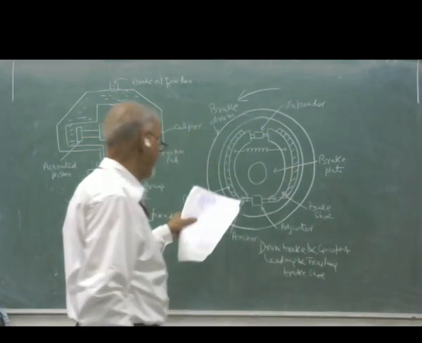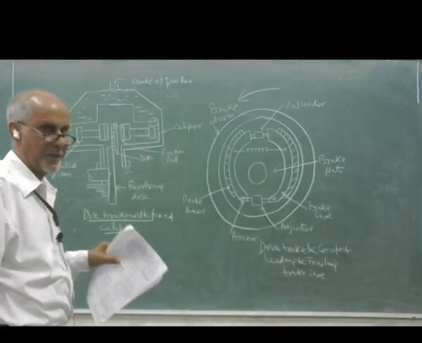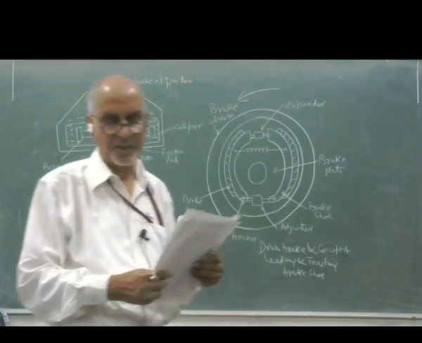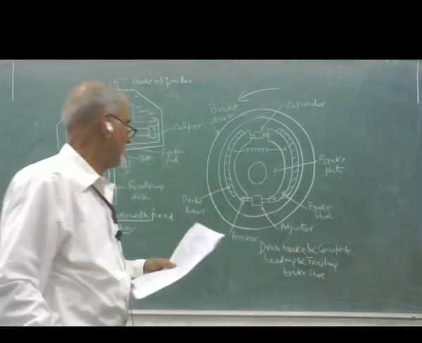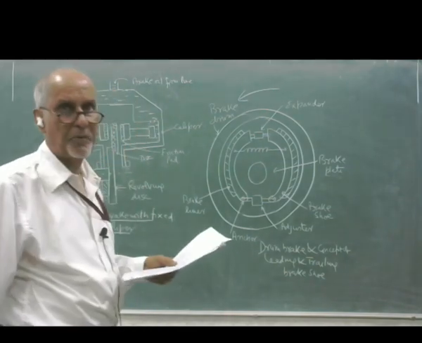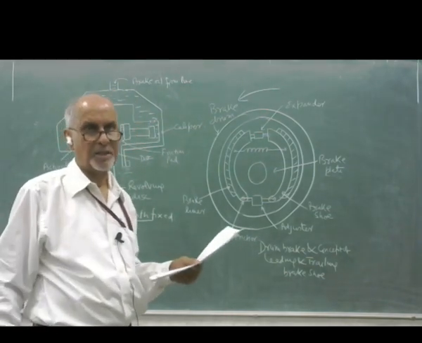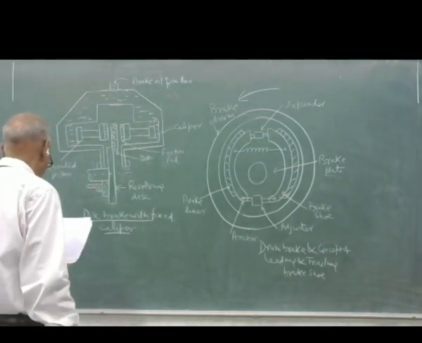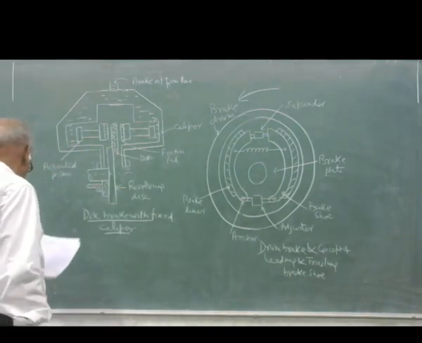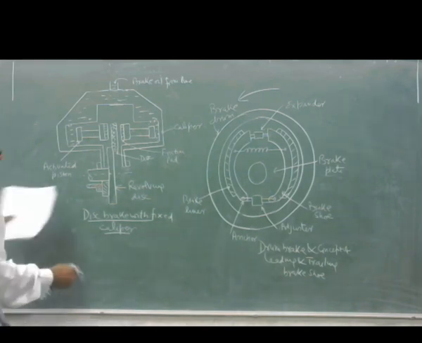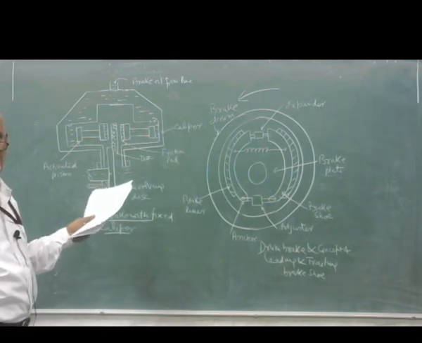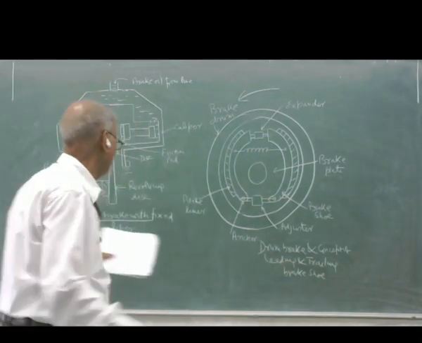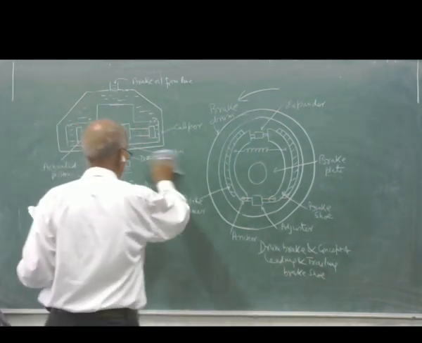So this is your drum brake and this is your disc brake. Now there are a lot of differences between the two. I will dictate them, and if you say so I will write them, but I am going to mention the differences one by one. Now the comparison between the disc and drum brake. This is the sketch I have tried to draw to make the concept very clear.